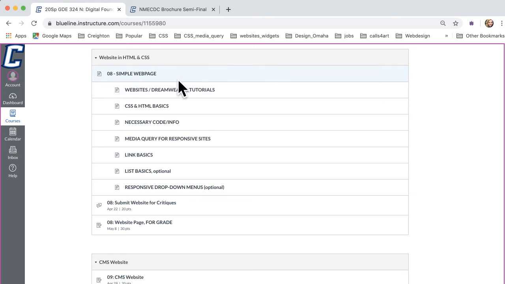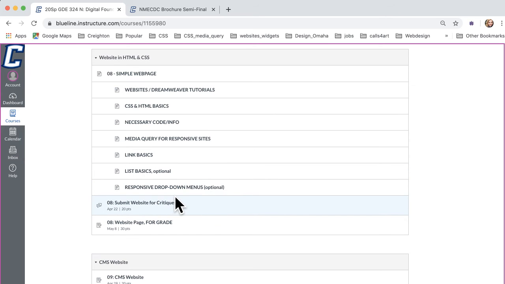If you can make them, by all means. I can also resize photos if you don't have access to Photoshop anymore. That's something I can definitely do. You just have to tell me what specific size you're looking for. I would suggest doing this one as simply as possible. You don't need to do these extra drop down menus, anything like that. Just follow the tutorials to keep it as simple as possible.